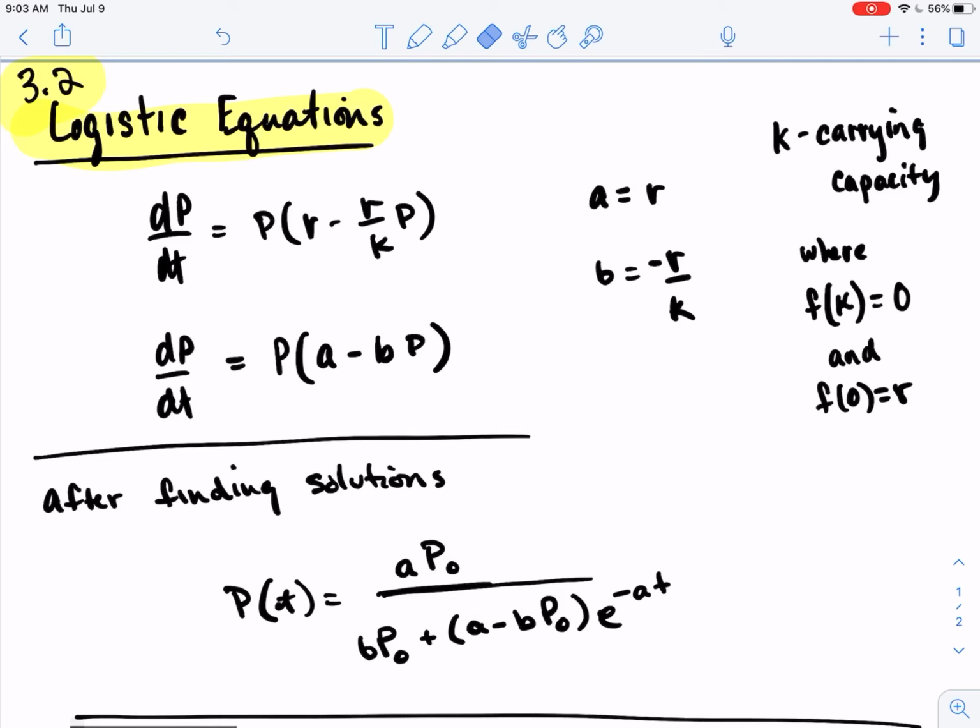So this is going to be 3-2, logistic equations, and a couple things. You can look at the ebook. They give you a bunch of different wordings and how they go from it. But the main thing is